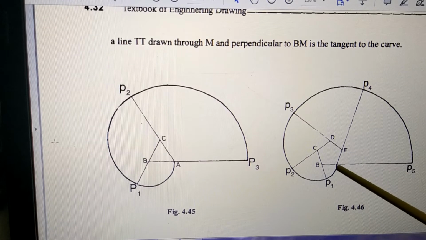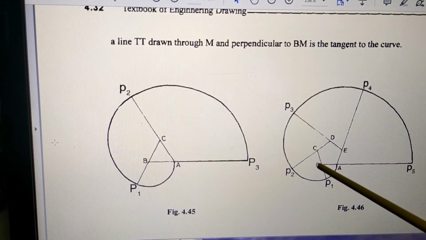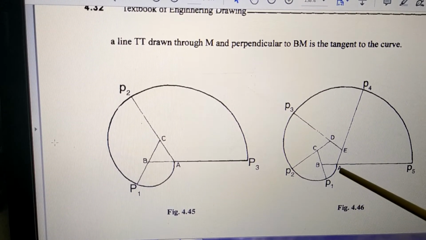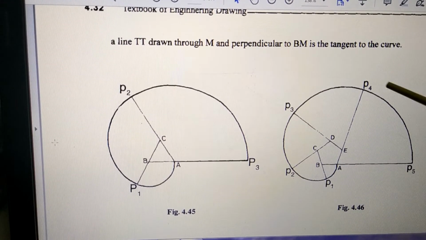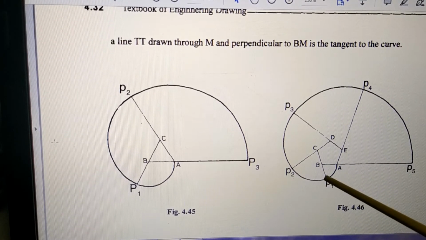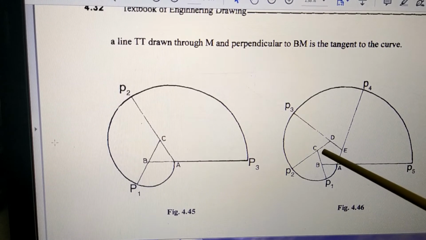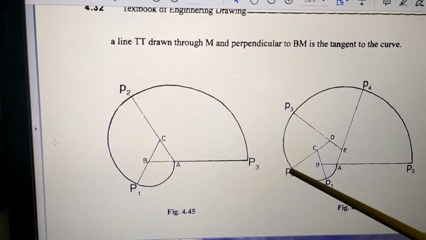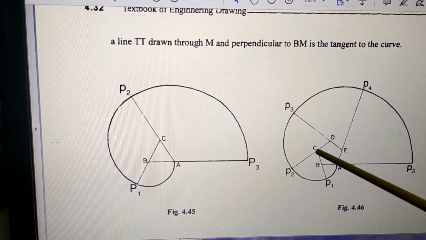After that, you imagine one rope is wound on this. At the end of the rope, there is a pencil. Now when you unwind the rope, the pencil is going to draw this shape. So first, B as the center, B as the radius, this much curve. Then the center changes from B to C. C as the center, this much is the radius. Draw this arc. Then the center changes from C to D.